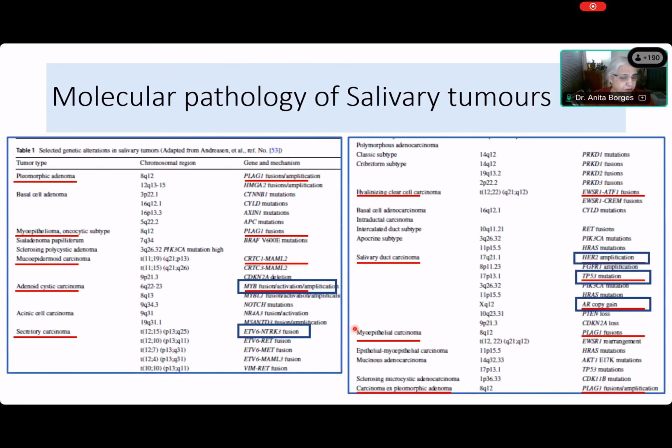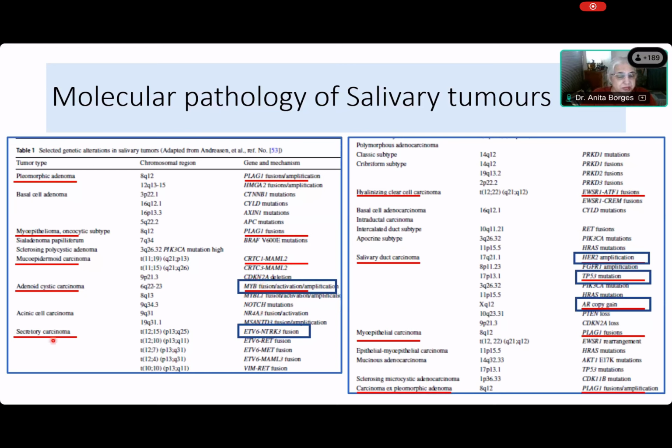Hardly anybody does molecular pathology on salivary gland tumors, but it has become important for us because when you have a translocation, a fusion, you may get abnormal expression of a particular gene. And we use that. We use MYB, for instance. In adenoid cystic carcinomas, there are MYB fusions or amplifications, and we now have an antibody to this MYB protein, and we can see it in adenoid cystic carcinomas.